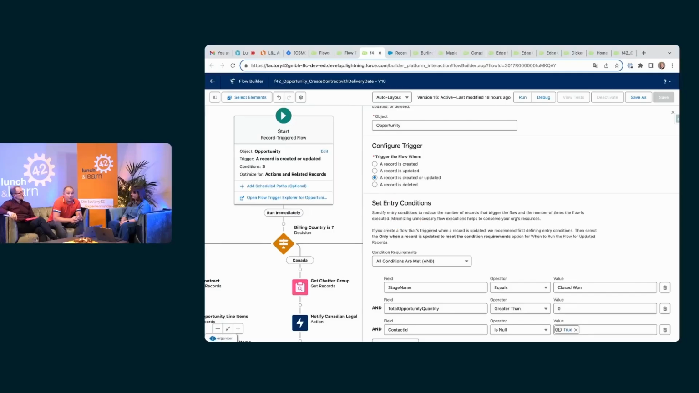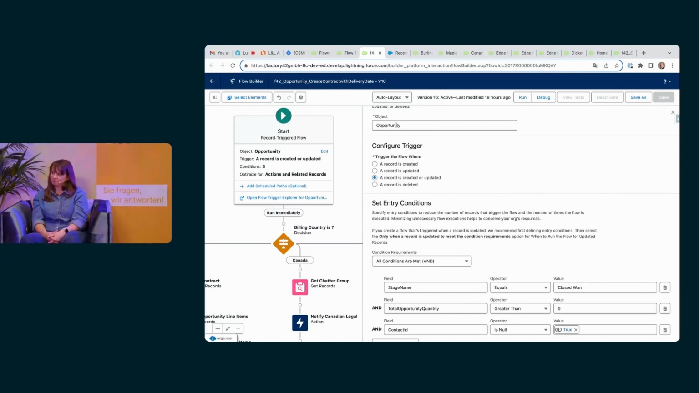We don't know. But the one thing I wanted to make sure that our audience understands, we got to take a step back a bit, is we're actually dealing with record triggered flows, meaning that these flows are triggered the moment a record of a specific object, like an opportunity, is modified. That's when the entry criteria is